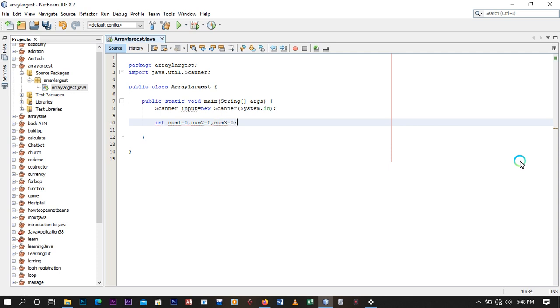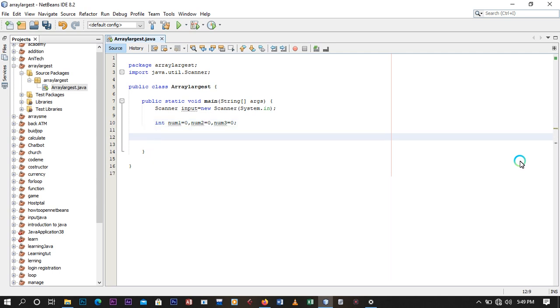The reason why we initialize them to 0 is that by default you expect the user to input something, so you initialize them to 0 for the system to know that you are expecting something from the user. I choose by default to initialize with 0, and you can also do the same thing, or you can just do int num1, int num2, int num3. I prefer initialization by default using 0.